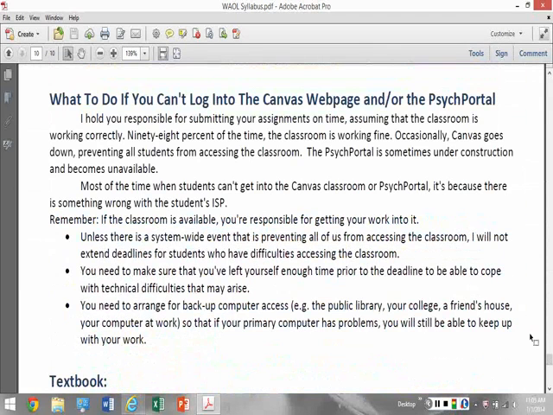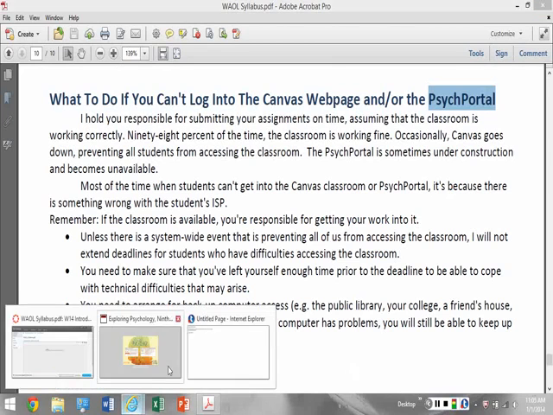Unless there's a generalized outage, you're responsible for getting your work into the classrooms. One of the things about the Psych portal is it is run by the textbook's publisher, and so sometimes they are updating materials. When I was working in the Psych portal last week getting ready for this quarter, they had an announcement on the first page that said it's going to be shut down on January 3rd. It may still in fact be up there right now, because today is January 1st,